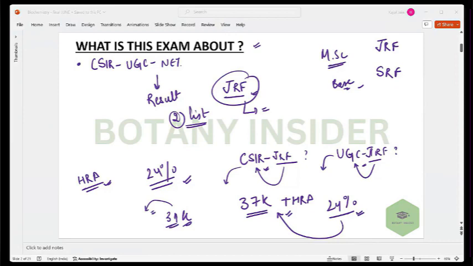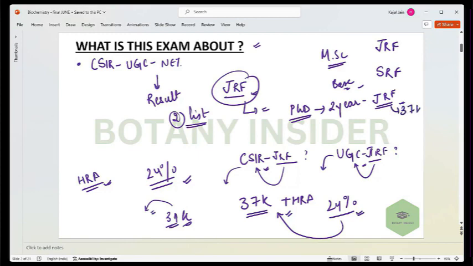The difference between the two: after you qualify this examination and you have now enrolled in the PhD program, right? Now for the initial 2 years of your PhD, you'll be labeled as a JRF. You'll be getting the amount as a JRF, which is 37K